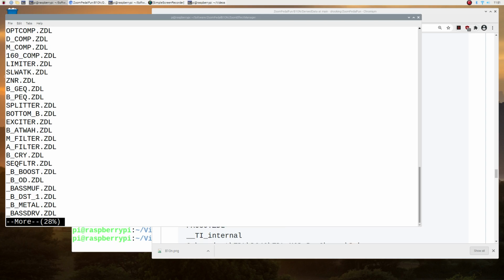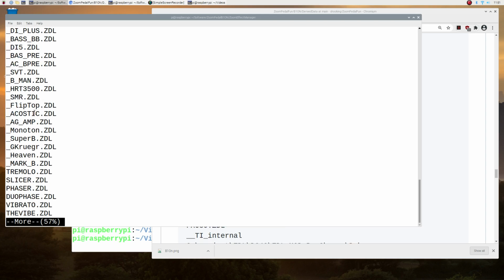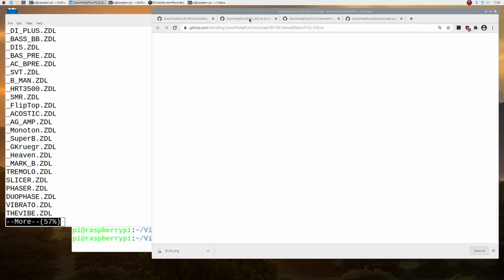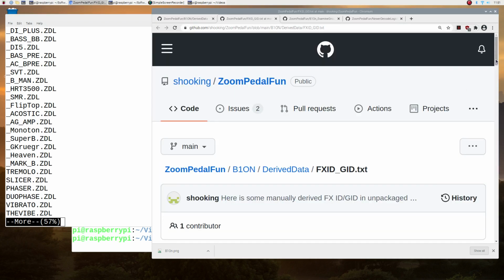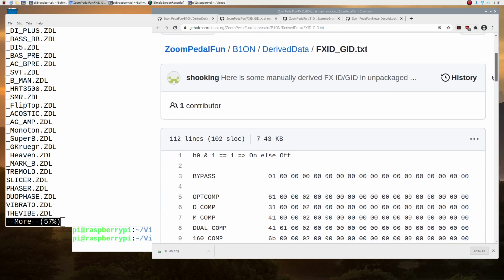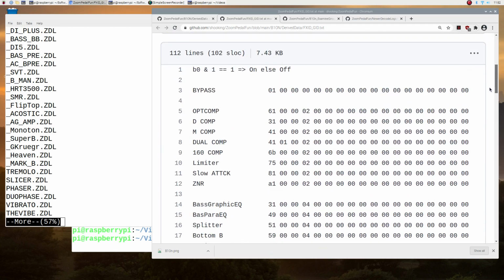So it has opcomp, decomp, and so on. In fact, I have a feeling, give me a second, I put that here. So on this one here, FX GID text. Sorry, this one here is where we've taken all of the dumps from,